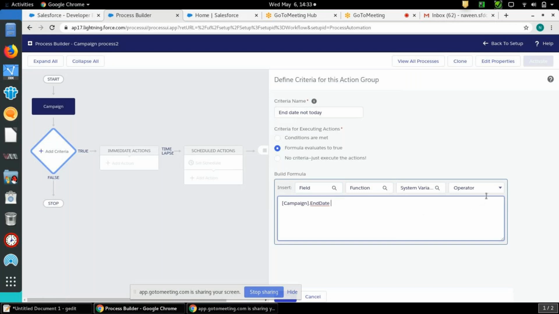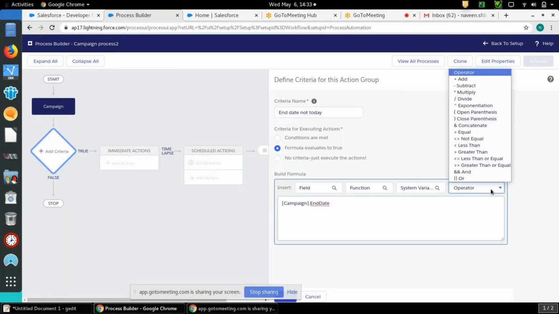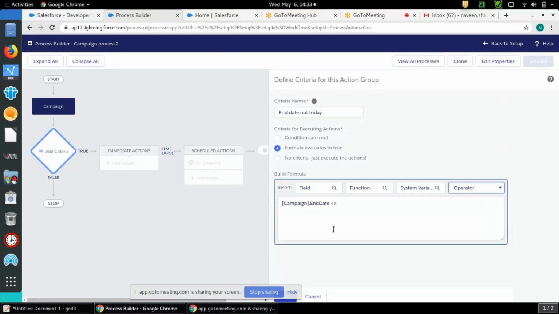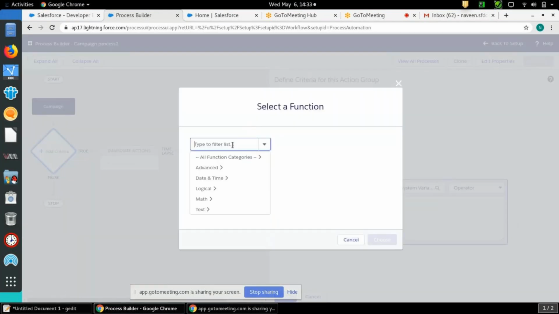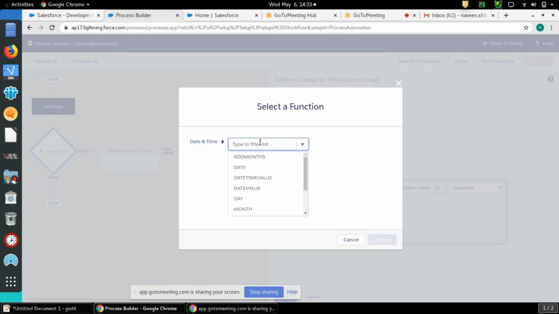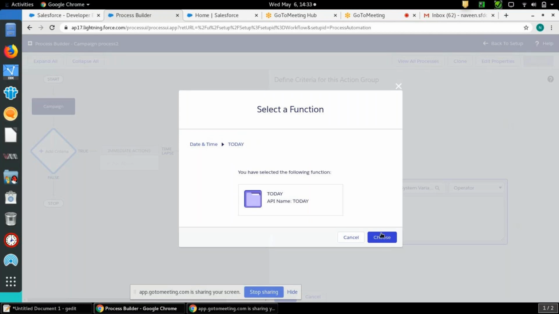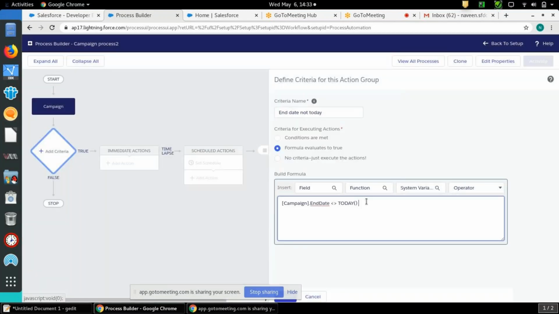Select the operator: click on not equal to. Today is the function, right? Today function comes under the date time category. So first click on date and time, then type today, it will come, and click on choose. So the formula I have written is campaign dot end date is not equal to today. This is the first criteria we are going to check.